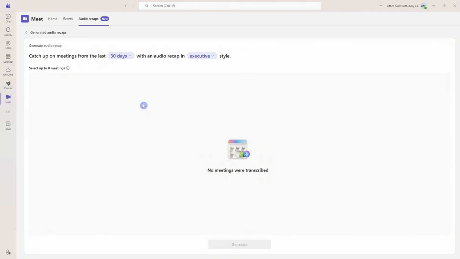So it's a really cool feature. Now, we can also do this at the individual meeting level. So transcribed meetings, the transcription and the recording are automatically deleted after 120 days. So if you do have a meeting from over 120 days ago, then what we can do is we can